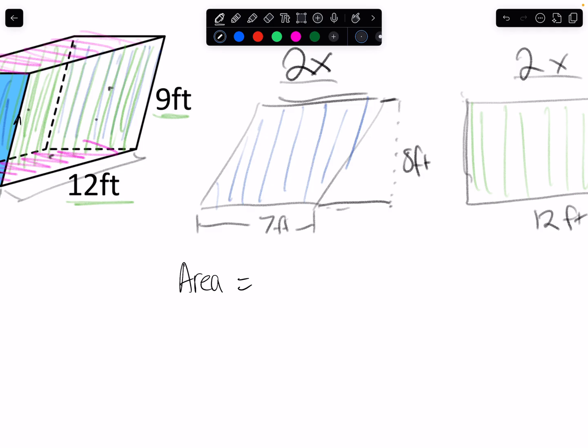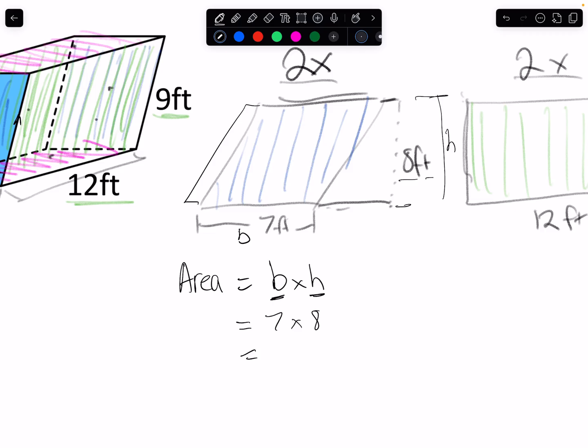You should hopefully have base times height. Now, B is base. The base of our shape is here. This height is not talking about our length. It is talking about the perpendicular height. So this is our height, which is 8 feet. All right. So our base is 7 and our height is 8. So the area is 7 times 8, which is